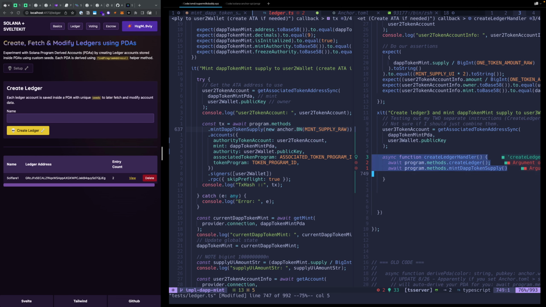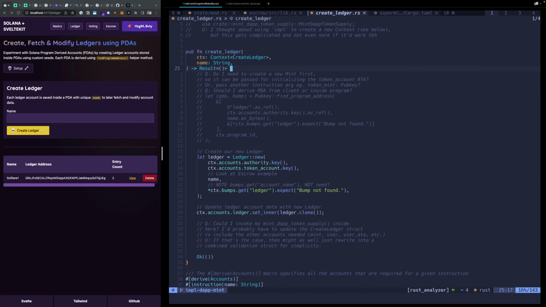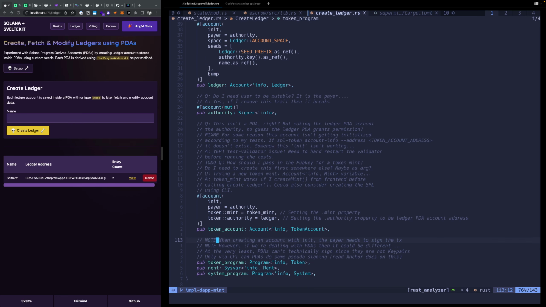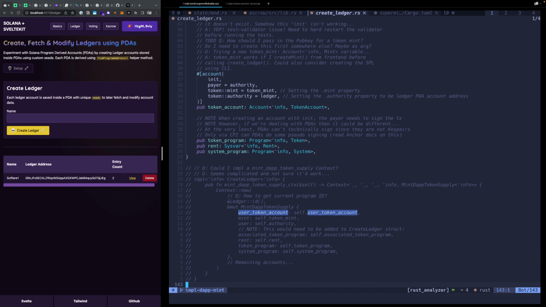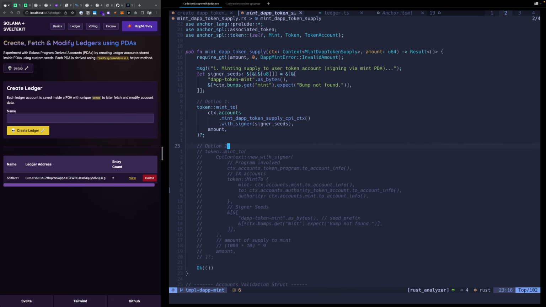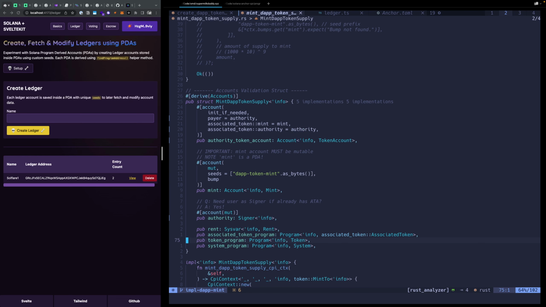However, one of the challenges, and I'll just comment this out as a general idea, is how could I do that from the program side? I have this context, this validation struct I've already created. It's got all the accounts there, and we've tested it and it works. But I have also done the same thing for minting supply. I have this validation struct, which honestly is not